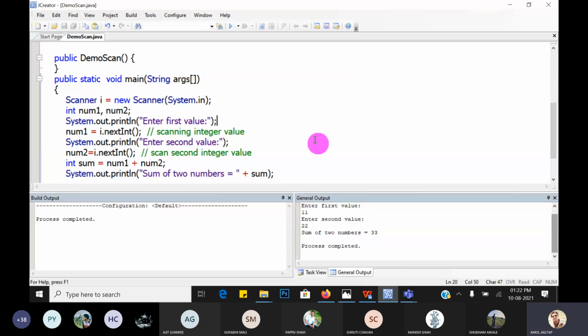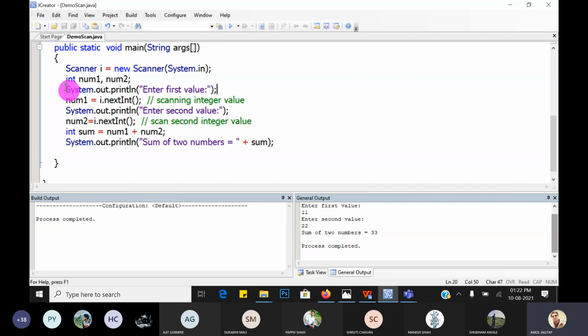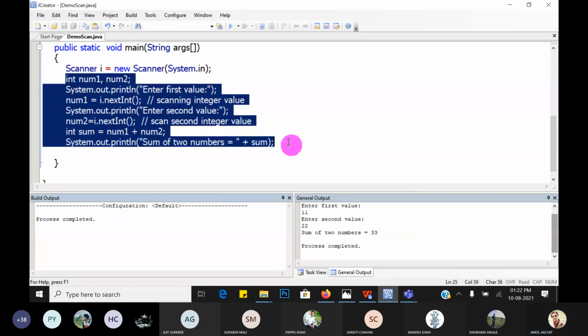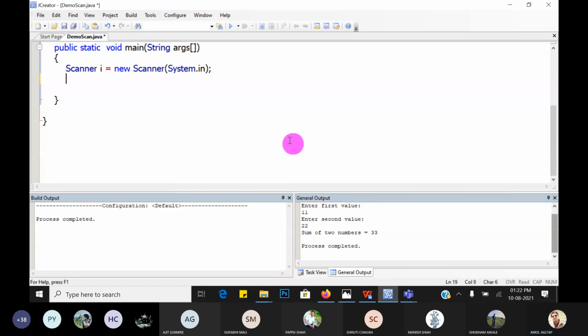Okay, so I will show how to scan a string. If you want to scan a string from the user, how can we scan it? First, write System.out.println, and give the message, enter any string. Now scan the string from the user using the nextLine method. What is the return type of nextLine?